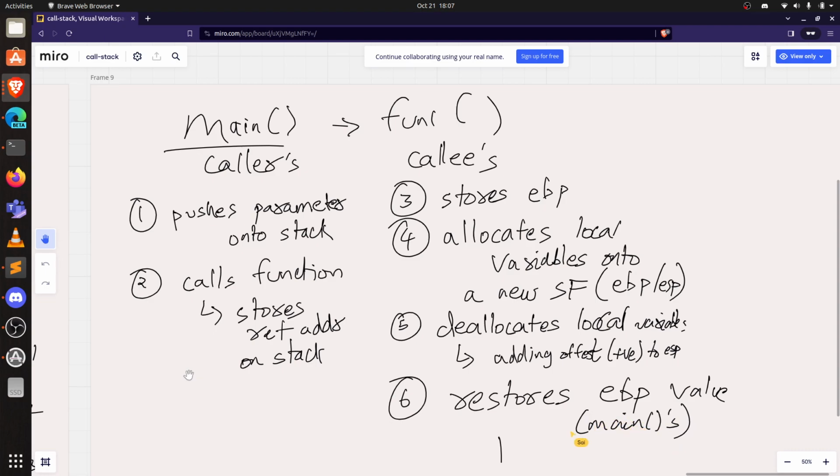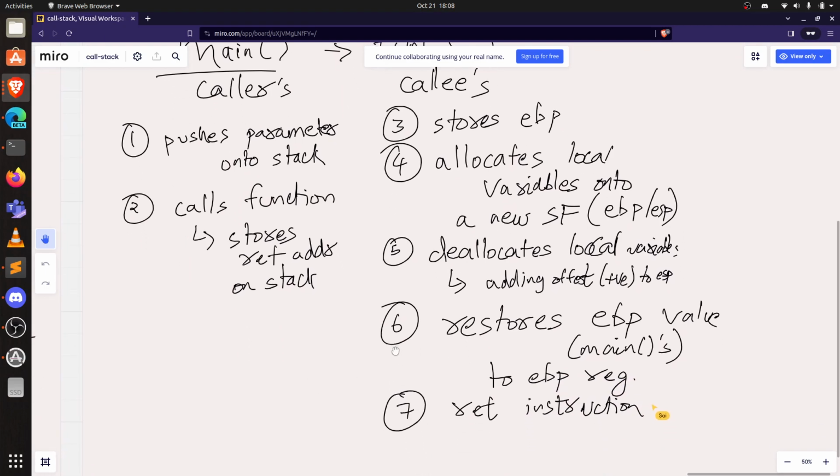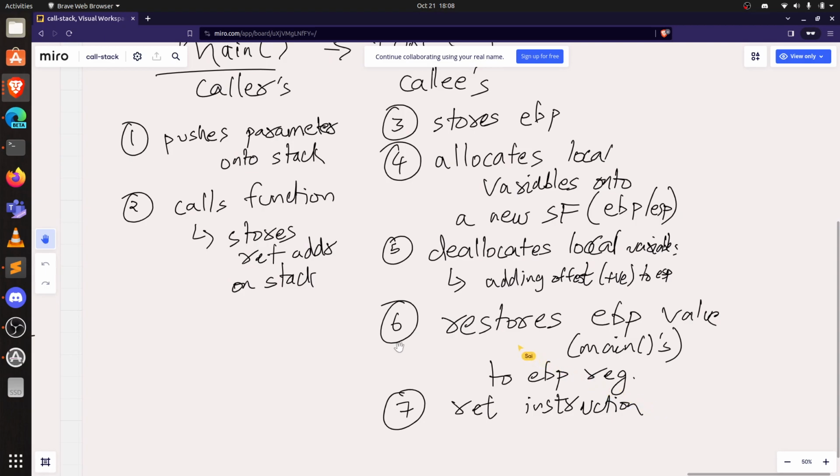It restores it back to the EBP register, and once it does, it executes the return instruction. The return instruction will basically resume execution at the return address which is stored on the stack. It will pop that address and resume execution from there, and that should basically, if any return value is passed,